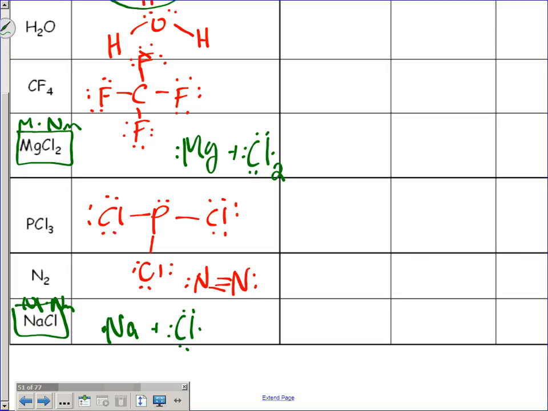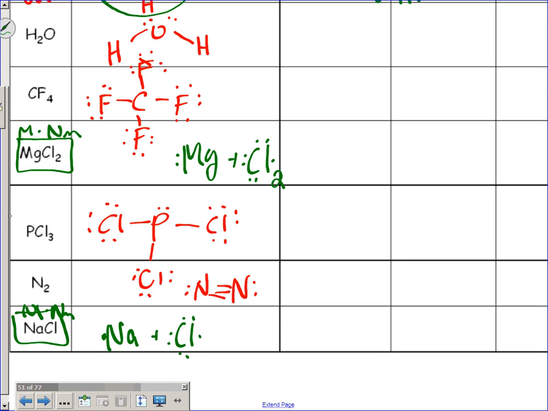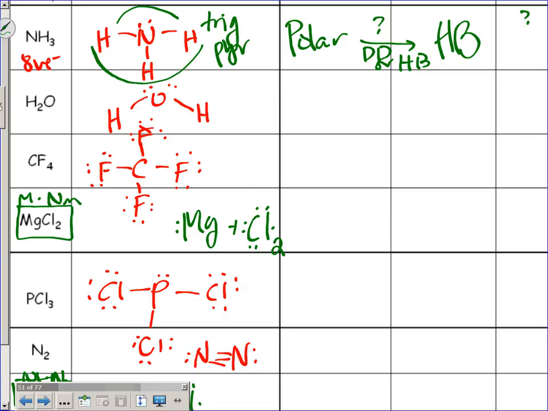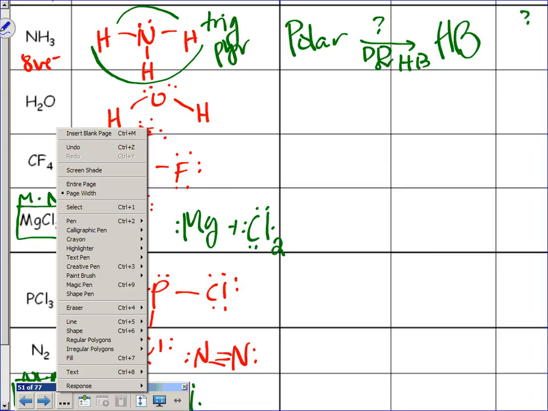So magnesium is equal to 2. And fluorine is equal to 2. This is the ionic diagram. See, fluorine is only, they don't need